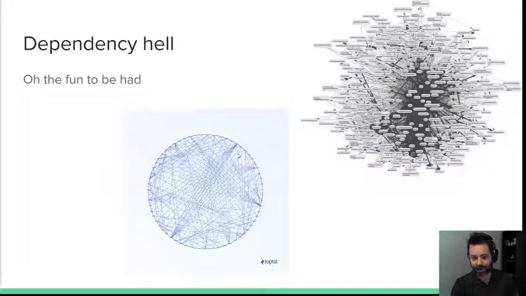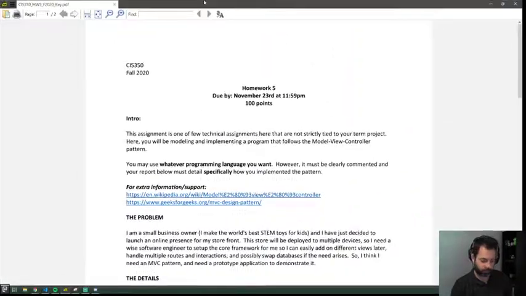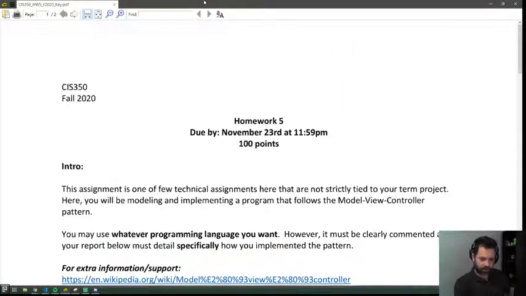Basically, have dependencies, but make sure that you're not going way overboard with them. All right, so anti-patterns and design patterns done. Hopefully everything makes sense. Now I wanted to talk about the homework really quickly because